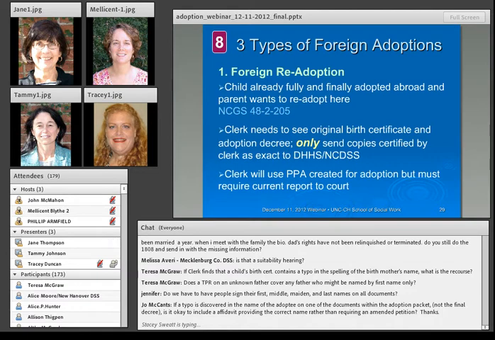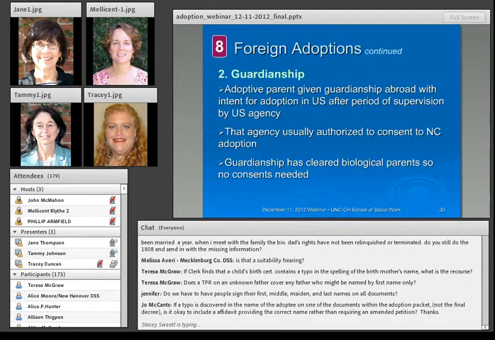And then one country in Africa. But almost always you will have pre-placement assessments that were done. And Jane, can I add something? I'd like to add something at this point before we move into the guardianship ones, and that is,